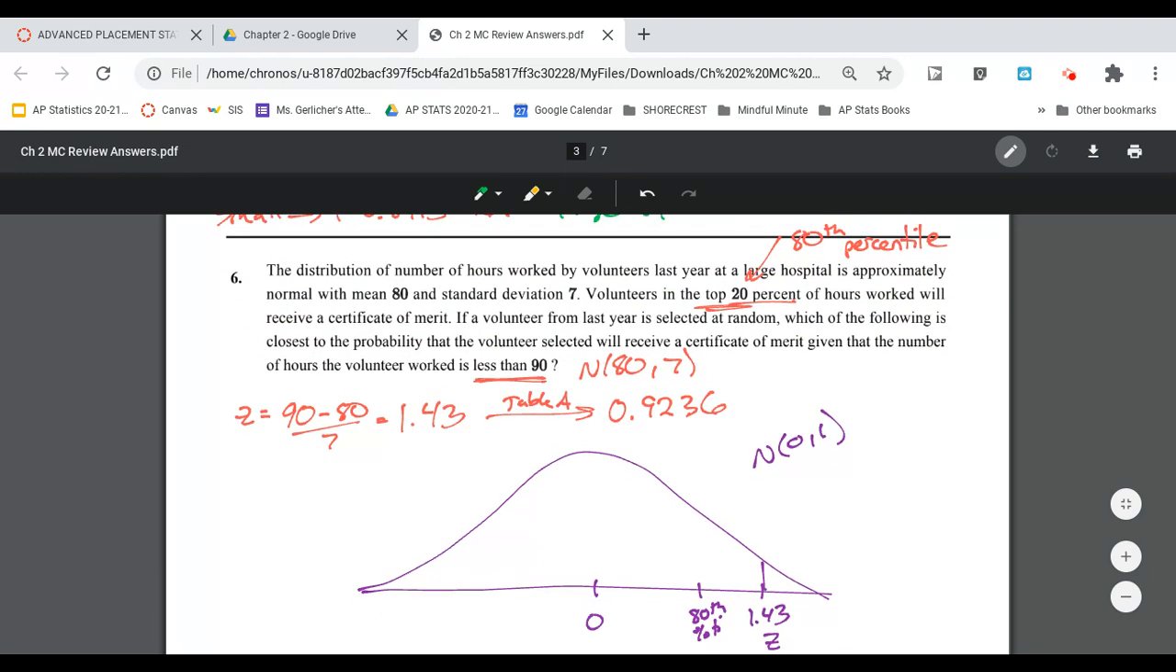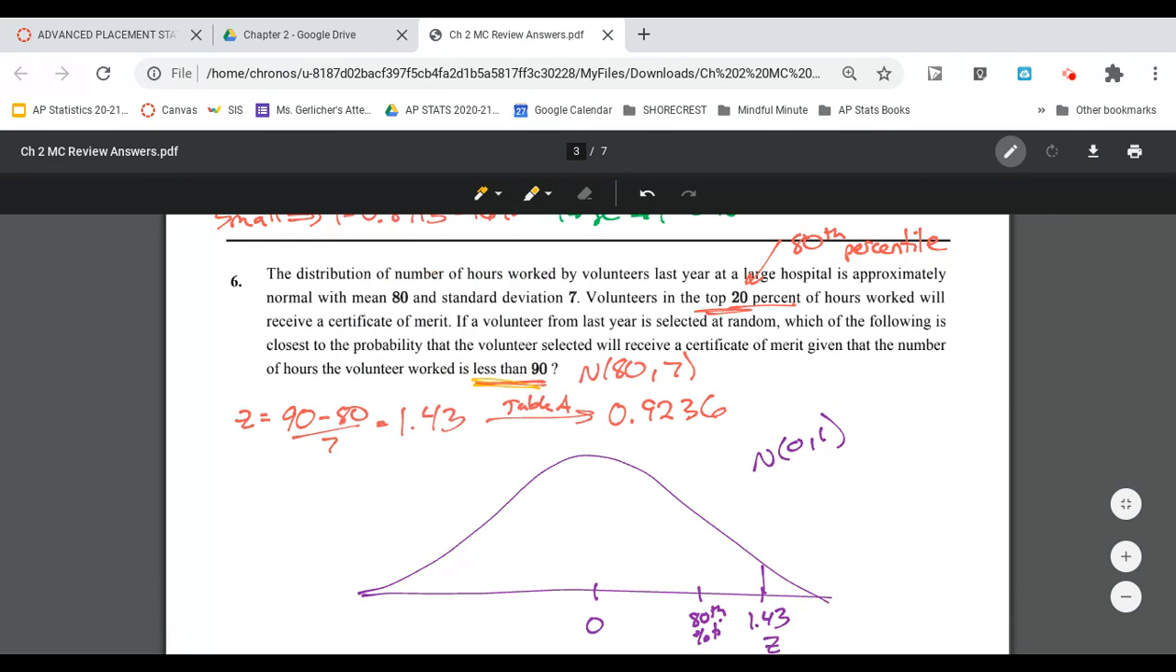Okay, number 6 was calculation and conceptual. So we have 2 data points we're interested in, and one is given to us in terms of percentile, and one is given to us in terms of the original data value. So I needed to be able to compare them. So the first thing I did